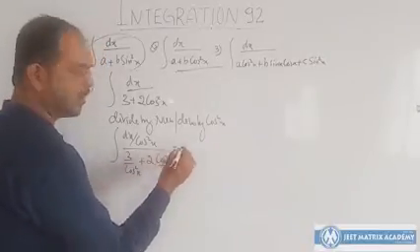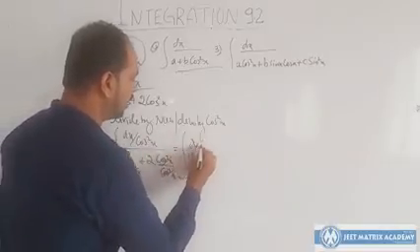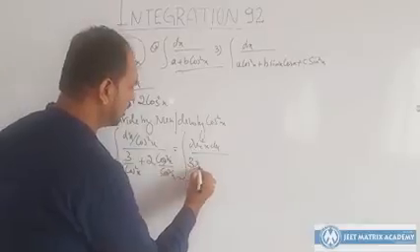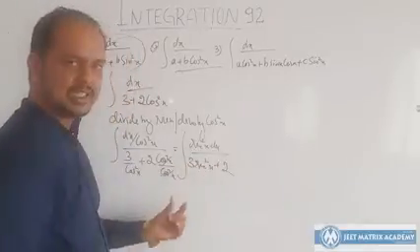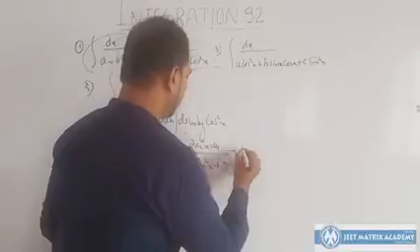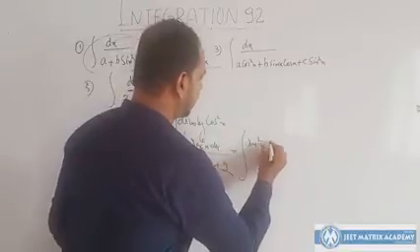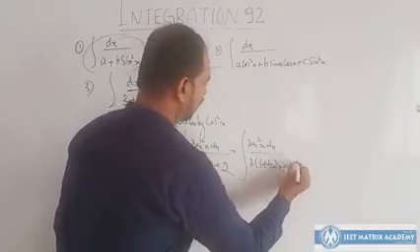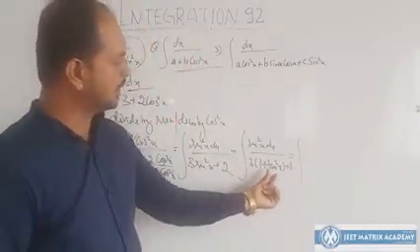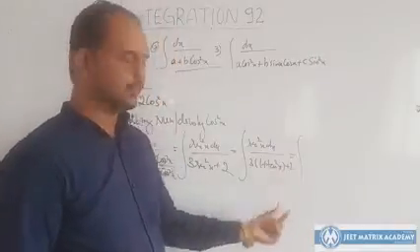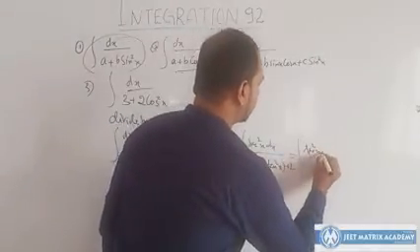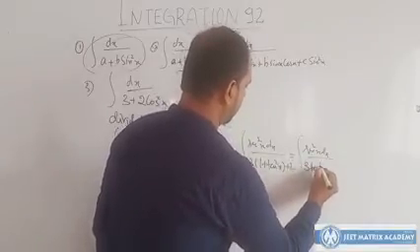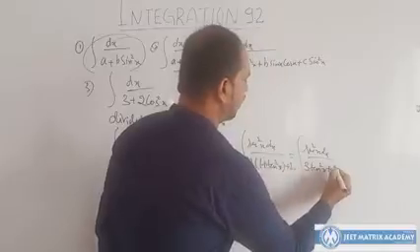So that you should not confuse. The numerator becomes sec square x dx and the denominator becomes 3 sec square x plus 2. Replace sec square x by tan square x plus 1. So this is sec square x dx over 3 into 1 plus tan square x plus 2. Now expand: 3 plus 3 tan square x plus 2. That means sec square x dx divided by 3 tan square x plus 5.